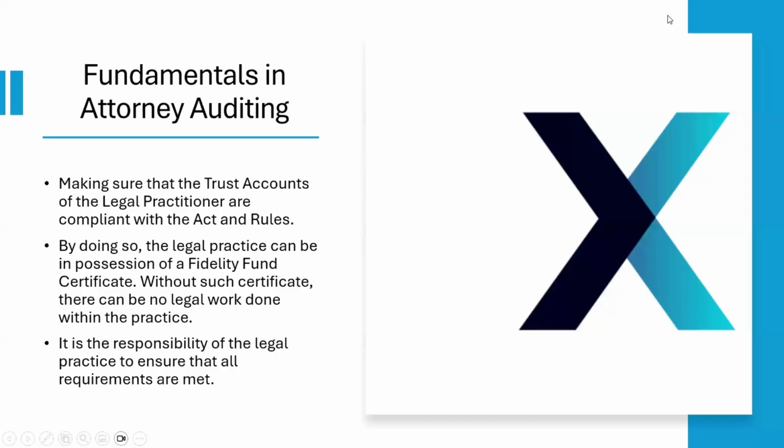All right. So the fundamentals of the attorney audit. What does the auditor look at? Why is there an audit? What do they need to determine from your set of books? Firstly, it's to make sure that your whole practice, the legal practitioners' trust accounts specifically, is in line and in correlation with the Legal Practice Act and the rules of the LPC. They need to look at the rules, and they need to make sure that your set of books does comply to that set of rules that is given to the industry.